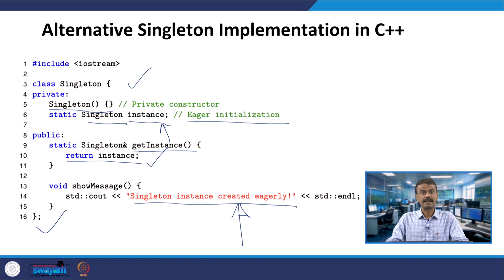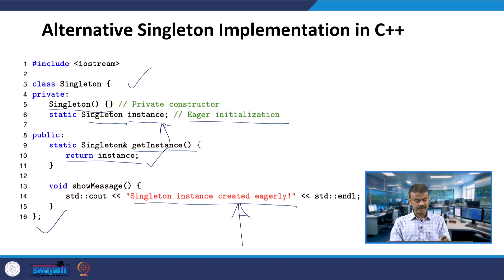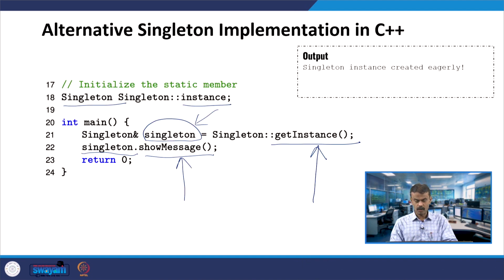If you look at line number 9 and 10, the get instance member function, in fact a reference member function of the class singleton, returns instance. When this singleton invokes show message, we get the output "singleton instance created eagerly". When I run the code, this will be printed. This is the alternative singleton implementation.